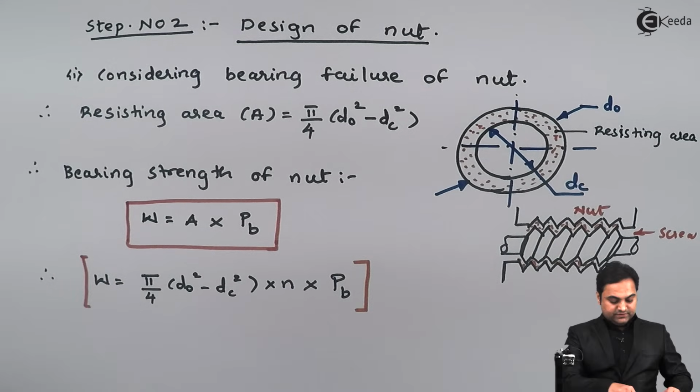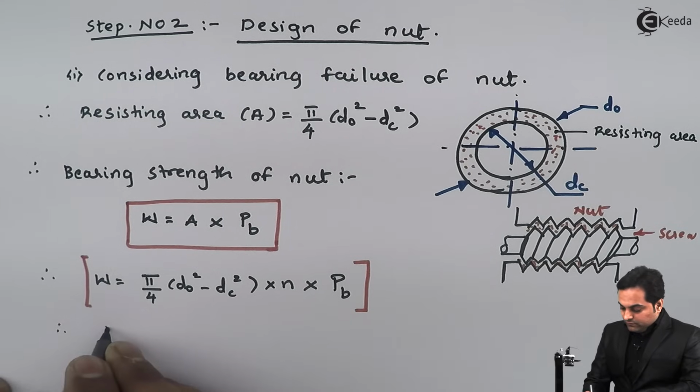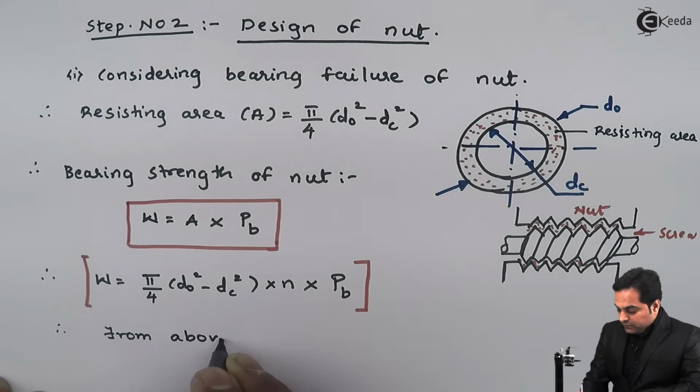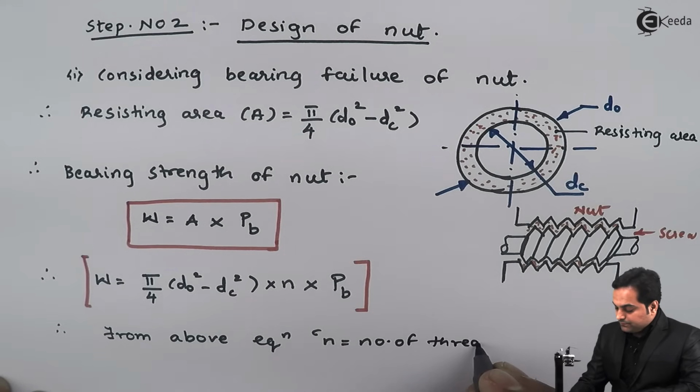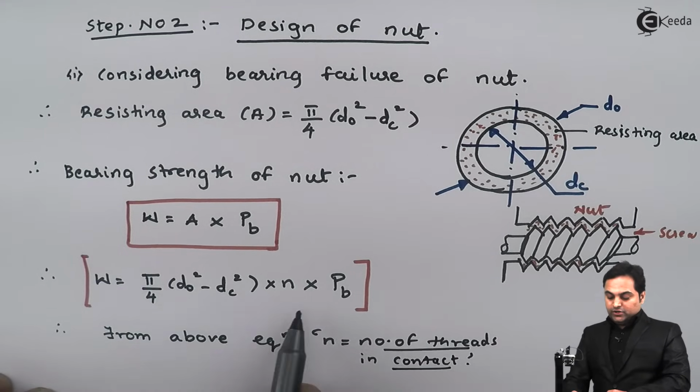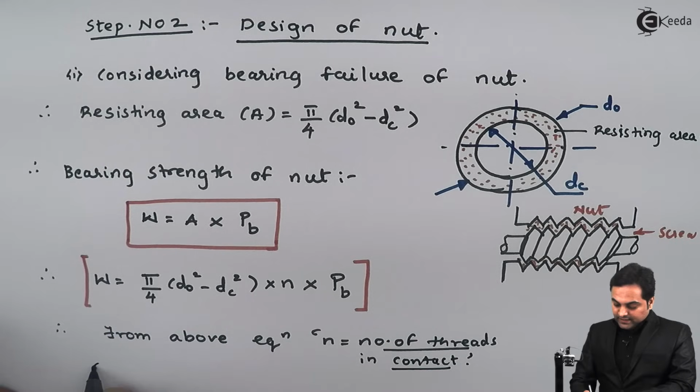Now after this I can say that therefore, from the above equation, small n, and what is small n? It is the number of threads in contact. So from the equation here I can get the number of threads in contact. It can be calculated,